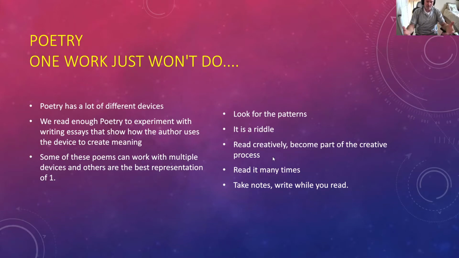If you can create some meaning there without too much of a jump, then that's an important part of it. But you can't completely fabricate it. You've got to be pretty legit with your basic arguments. Read it many times, which would be a good suggestion, until things start to pop out if you're having difficulties. And take notes and even write while you read if you're having a hard time getting that poem to the next level where you can see some of the deeper meanings that are not surfaced. Some of these things we need to get to in AP English.